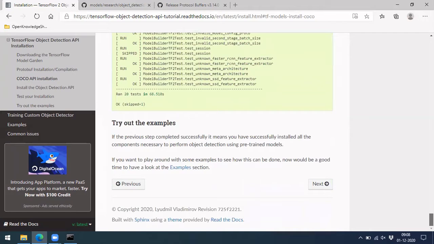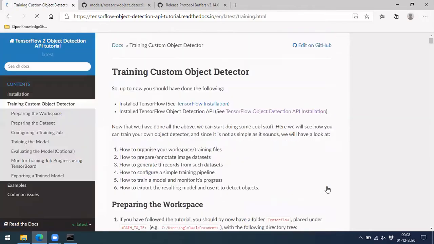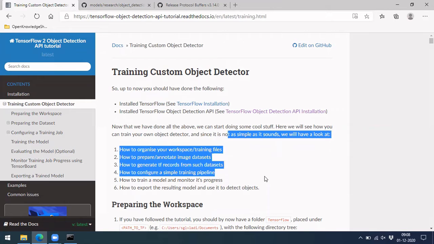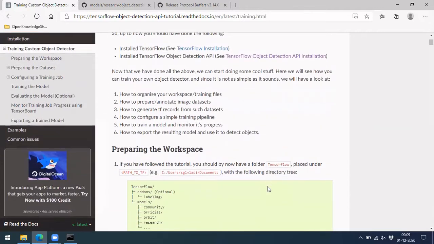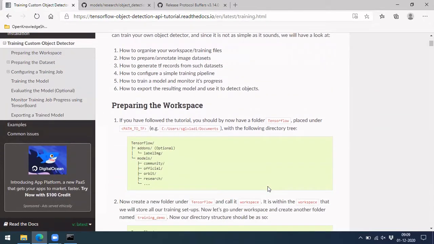Now we are ready to run an object detector on top of it. For training your object detection, there are certain steps you have to do: a conversion of your data into different formats, and some configuration, such as what pre-trained model you want to use. We'll look at those in a different session. So that is about setting up the TensorFlow object detection API. Once we collect the data, we will be able to do all these things.